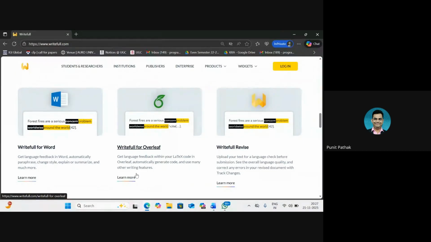I can use it in the form of a website, where I can directly log in to the platform and start using it. Or else, we can also use it inside of a text editor that we are working with. So it can integrate with our Microsoft Word. If you're doing any research, it helps there. And it can also integrate with Overleaf. For those of us who work with LaTeX code, Rightful can sit inside of Overleaf as well. So what we do is, let me first paste the link of this actually in the